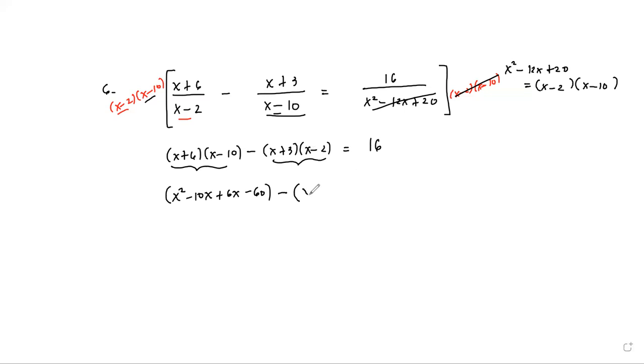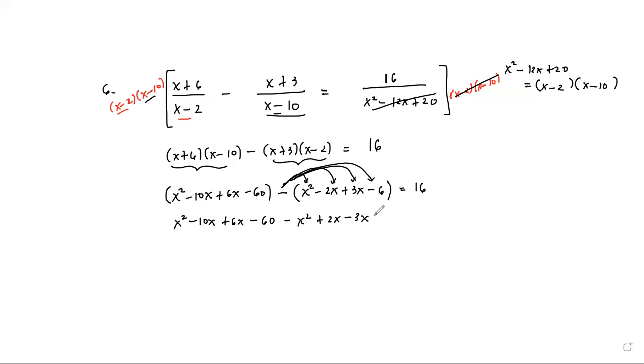So x times x is x squared. x times negative 2 is negative 2x. 3 times x is positive 3x. And then 3 times negative 2 is negative 6. And then that's equal to 16. And then for the left side, now we shall combine like terms. So we can remove the parentheses by distributing the negative sign. Okay, so we get x squared minus 10x plus 6x minus 60 minus x squared plus 2x minus 3x plus